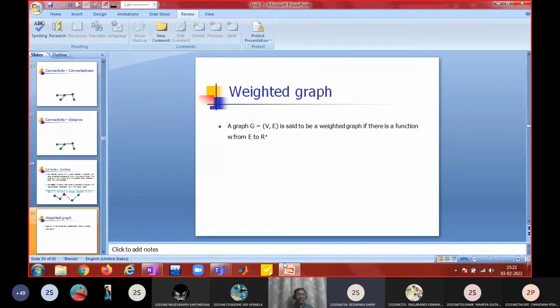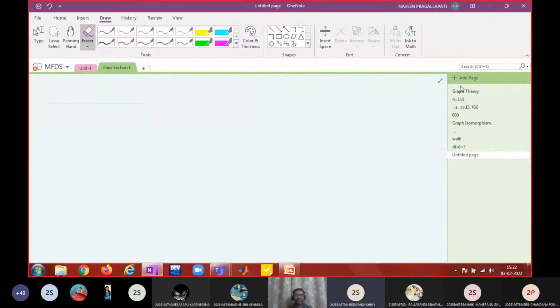We assign a weight to each edge. It's like the distance from one place to another place. Let us say there is 50 kilometers. That distance we may call weight. So a weighted graph is a graph where there is a function from the edge set to the set of real numbers. In fact, we denote it with R plus. So if you are assigning some weights to each of the edges,